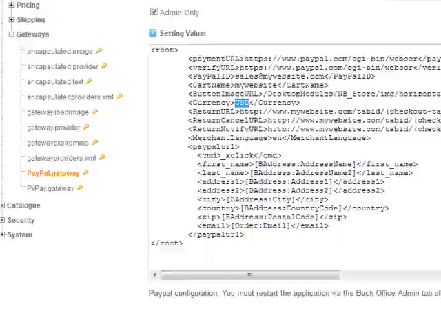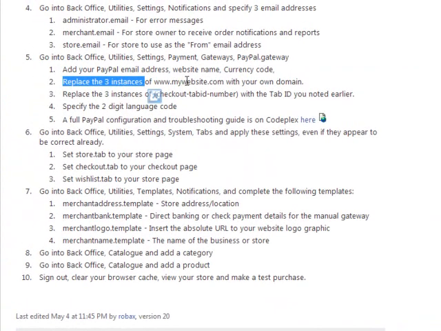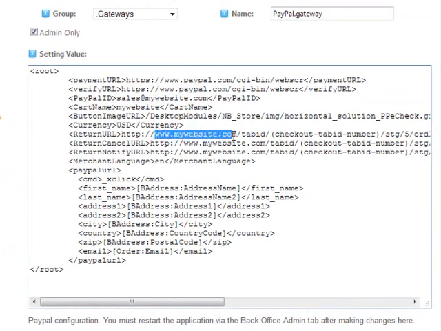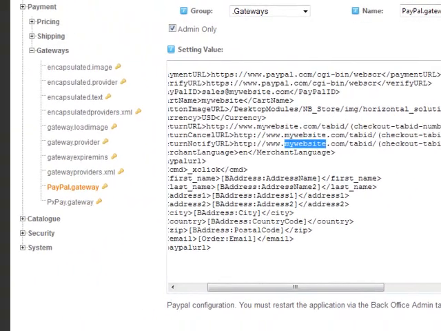And then, in this next bit, replace the 3 instances of mywebsite.com with your own domain. Okay? So there's 3 instances. 1, 2, and 3, just in 3 consecutive rows right there. You will type in your website's domain in there. So just type your domain in there, whatever it is, .com, and then